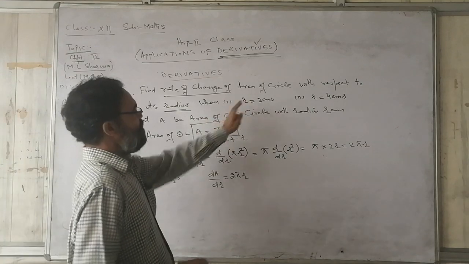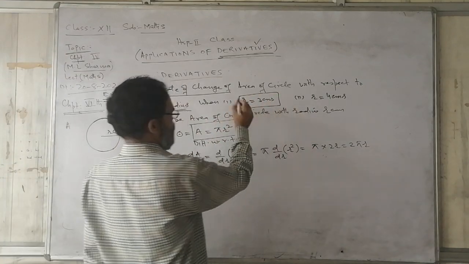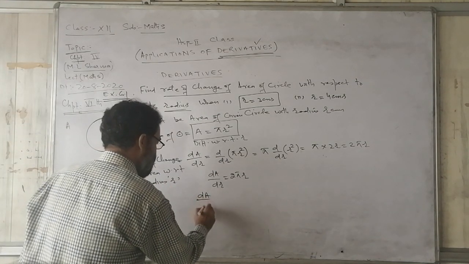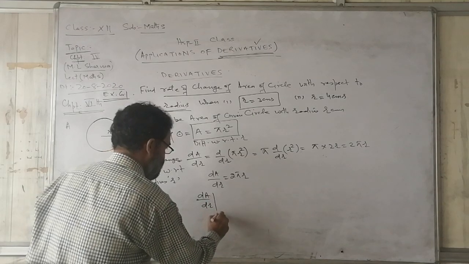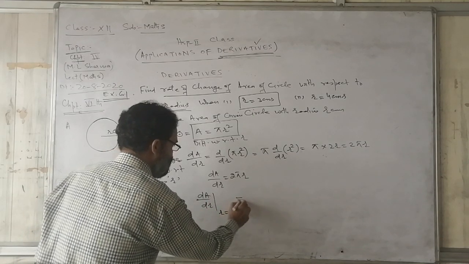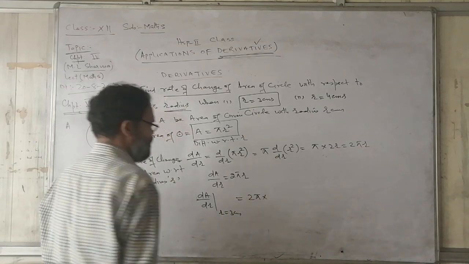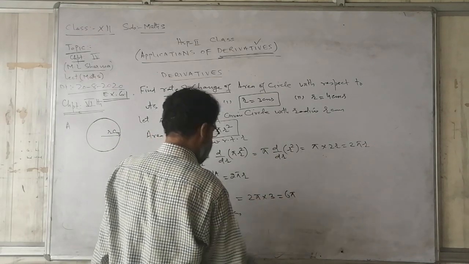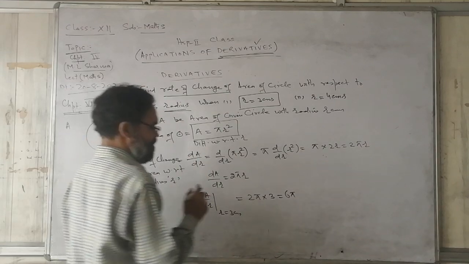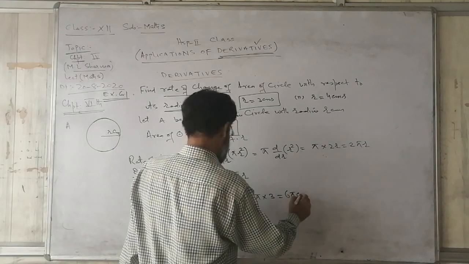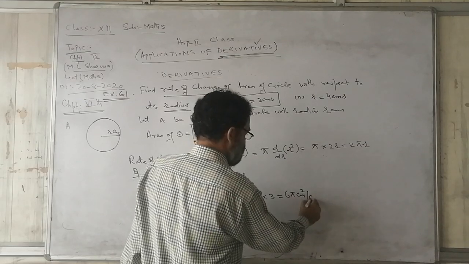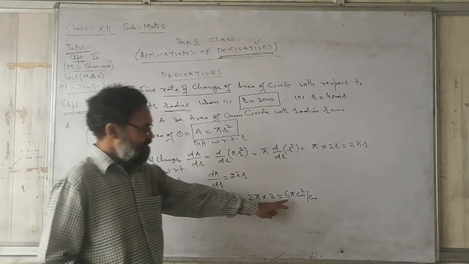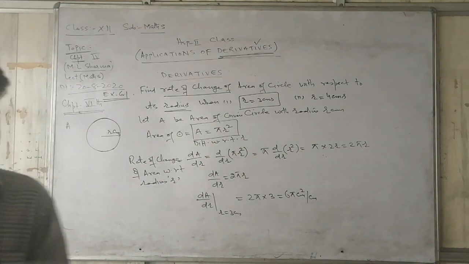Now he has asked to find the rate of change when the radius is given to be 3 centimeter. So dA upon dr at r equal to 3 centimeters. So this will be 2 pi into, instead of r you can write 3. So this is 6 pi. Area is in centimeters per centimeter. So that means when radius of the circle is 3 centimeters, its area will be 6 pi centimeter